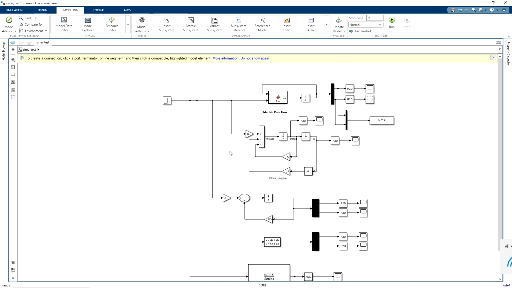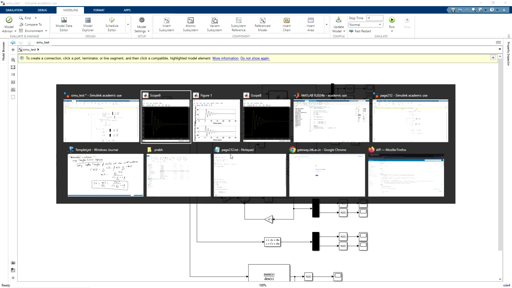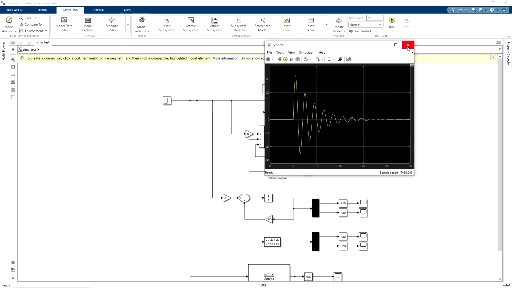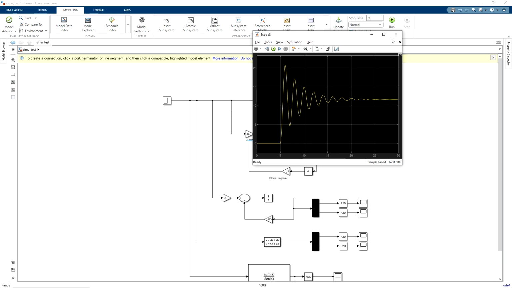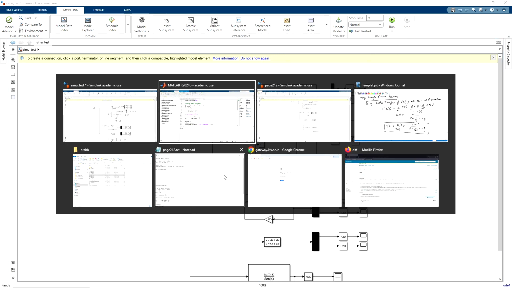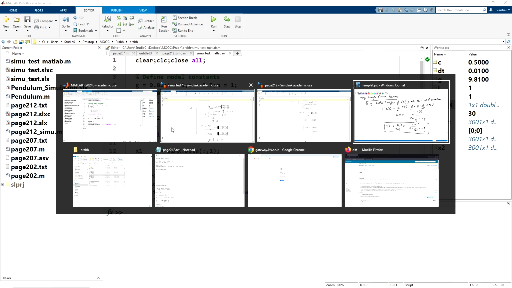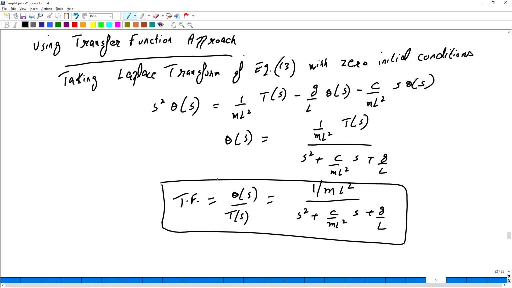Okay. Now let us do something different. Now let us see and plot with different initial conditions. Let me write here, instead of 0 degrees, I am writing here 200 degrees. So what I am actually doing here, let me go to the figure.